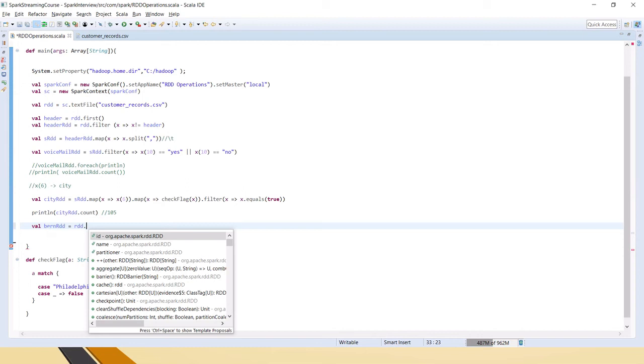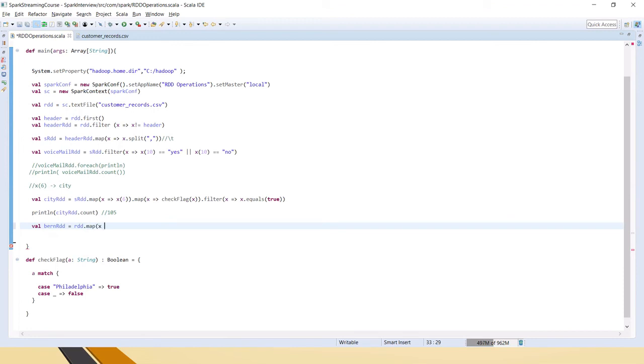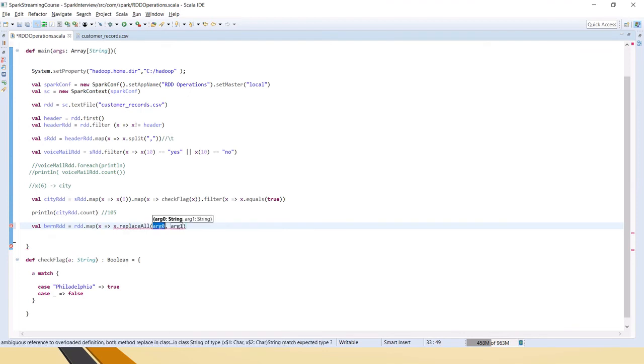Okay, so I am directly taking the RDD, and then I am applying the map, and I am saying that for each x, like for each record, x dot replaceAll, and we have to mention two strings, from string and to string.